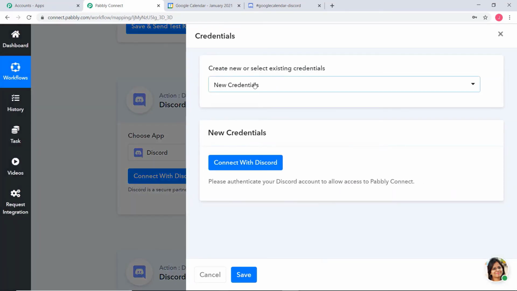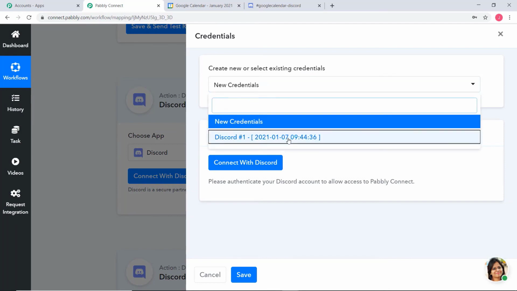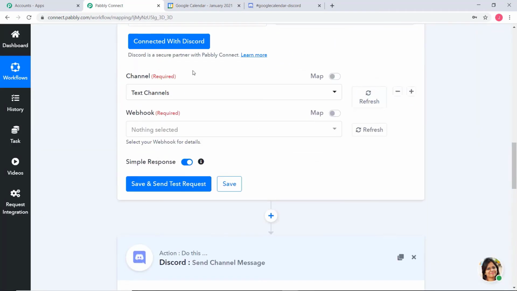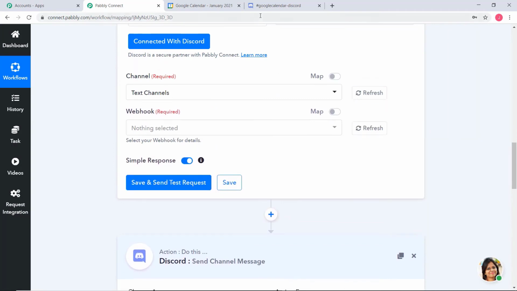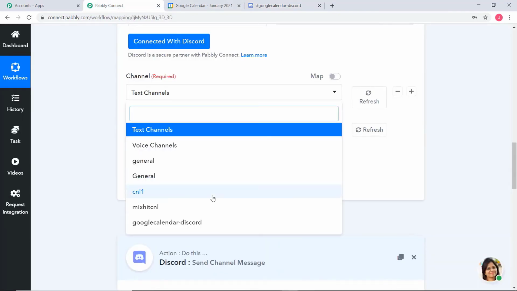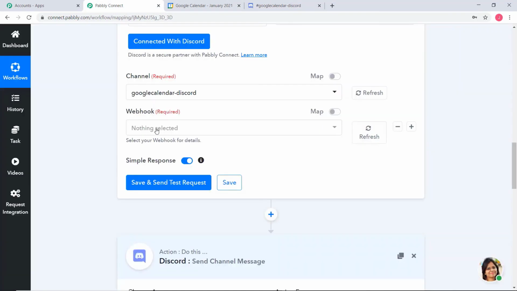So now here I'm going to choose the credentials that we used last. Save. Okay, so now here you can see channel. So now under channel, we have created many channels in our Discord account. You can see I have these 4 channels. So I have created this channel called Google Calendar Discord. So I'm going to choose this channel over here. Let us see, it is here. I'm going to choose it. So now here you can see webhook, nothing is showing over here because I have not created the webhook inside